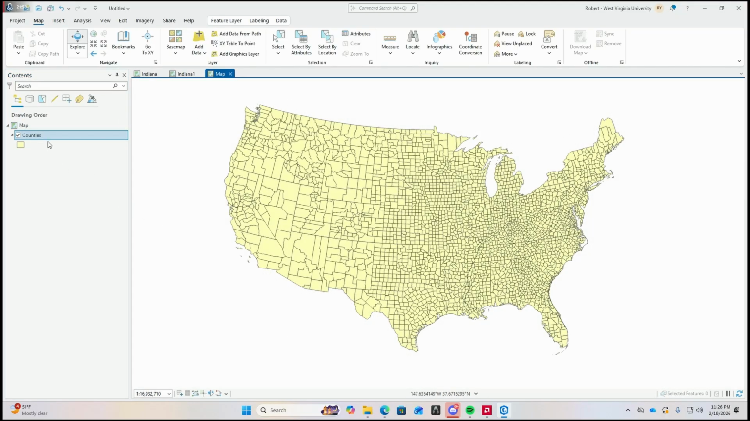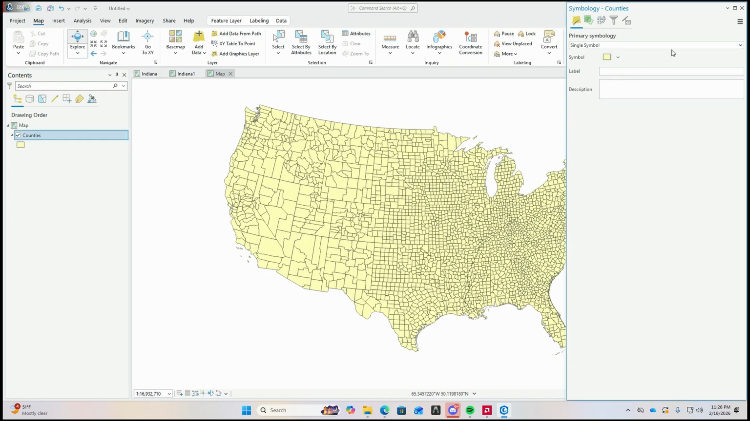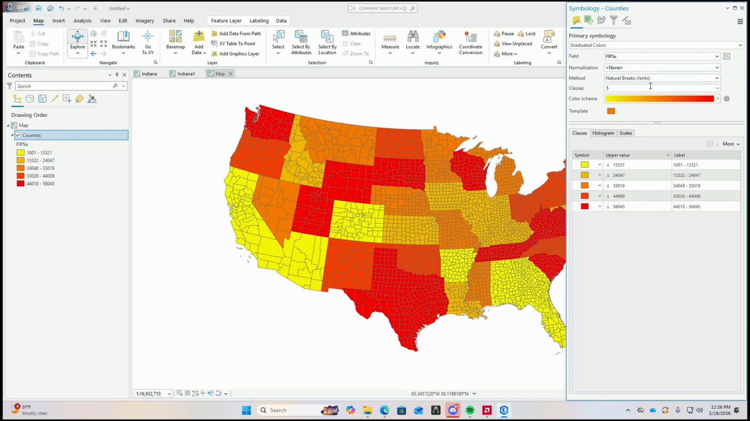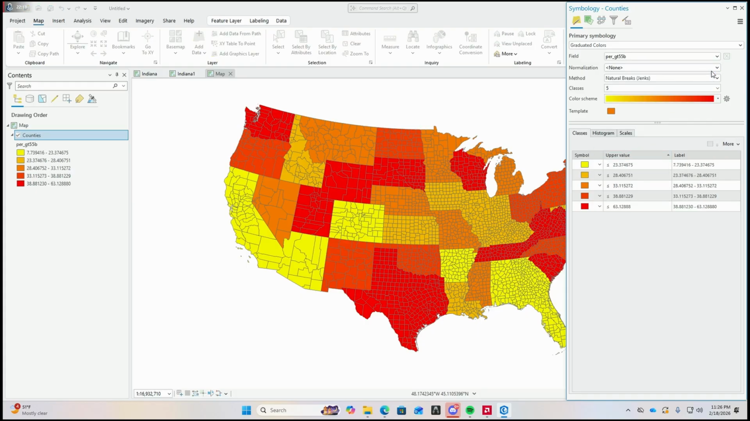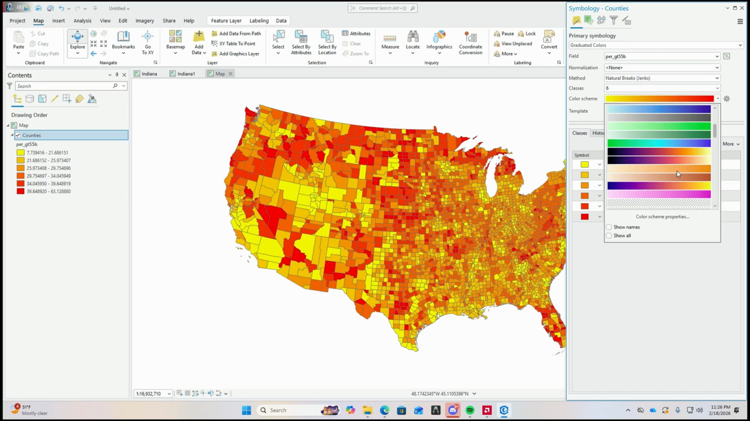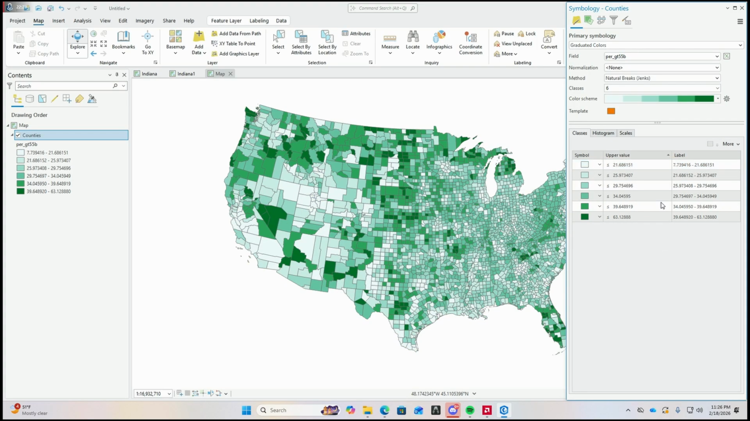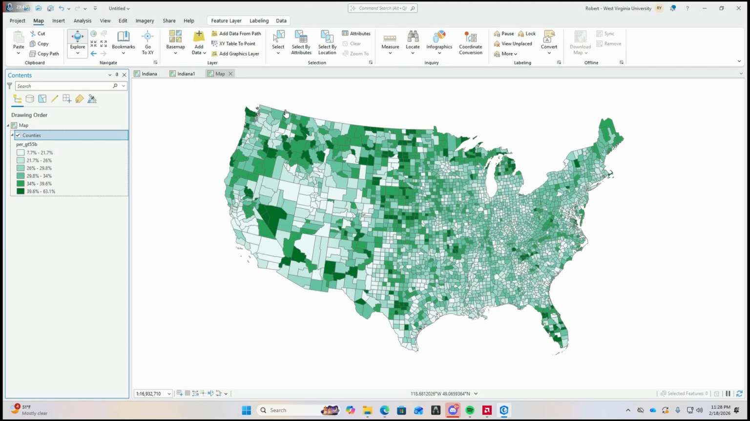Now we want to change the symbology for the counties. So we go to right click counties, symbology, change this to graduated colors, and then you can choose which method you want to do, but our field will be per GT55B, or the percent of the population over the age of 55, and we want to set our classes to 6, and then if we want we can change the color, and then we want to change the labels to percentages rounded to the nearest decimal place. And now we can create the